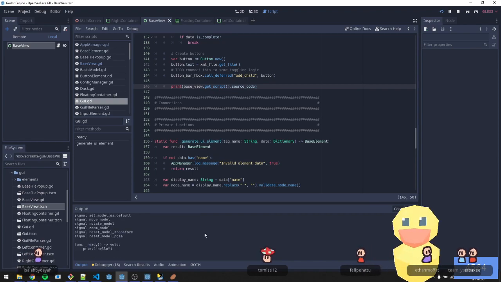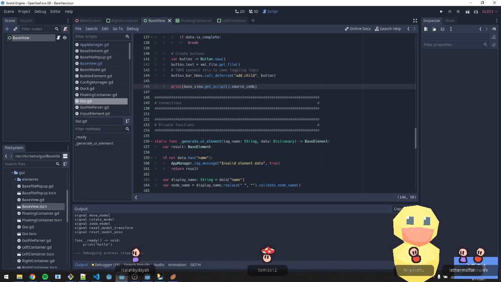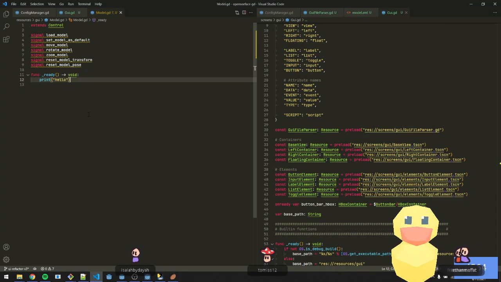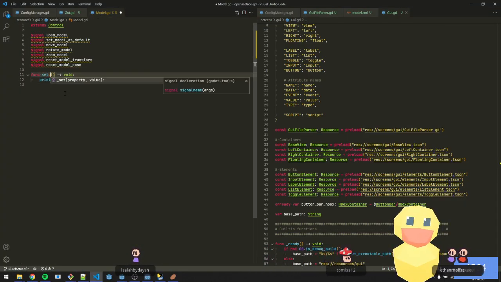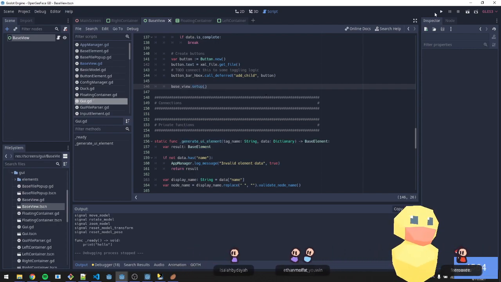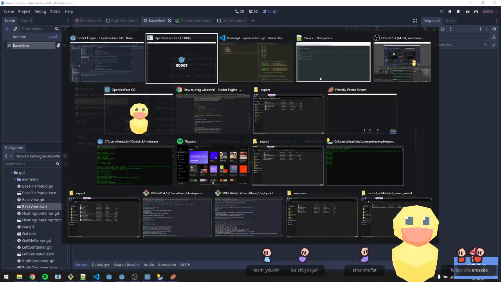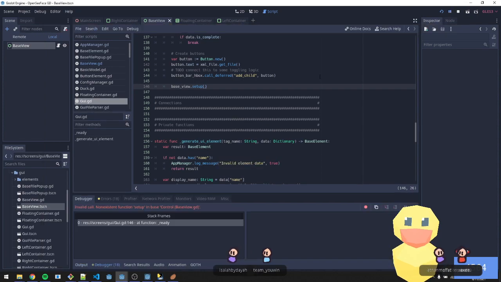Oh my god, it totally worked. So ready doesn't work, but that's fine, as long as we can rename this to like setup. So we always just call the setup function afterwards, right? So we do base view setup, easy. And so as long as everything kind of follows that same